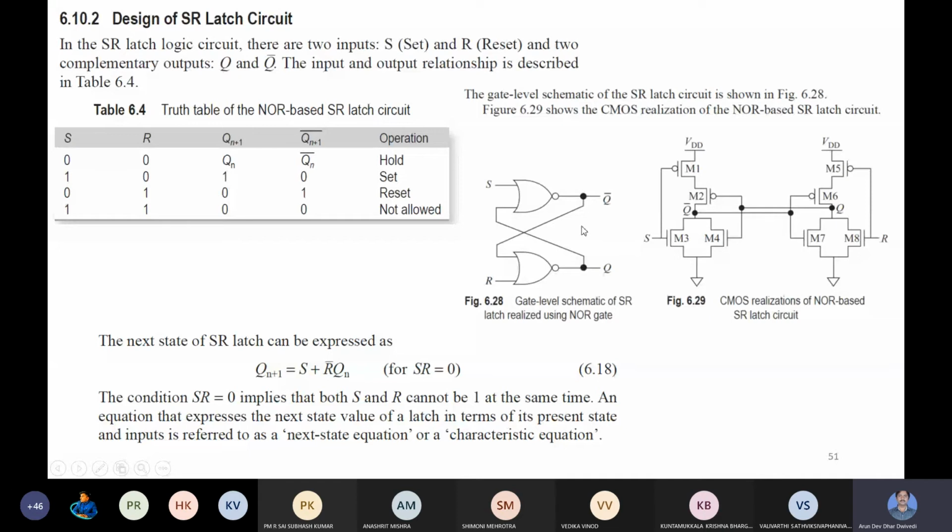Similarly, you can go through the text for its working and discussion. The NOR level is already done, so now how to implement this SR latch using NAND gates. It is also possible to use NAND gates, and in this case the S input is given to this NAND gate, then the output is coming from the same NAND gate as Q, and wherever R, reset, is given, the output is coming as Q bar. The output Q is given as feedback, meaning input to this NAND gate. Q bar is given as the other input to this NAND gate.